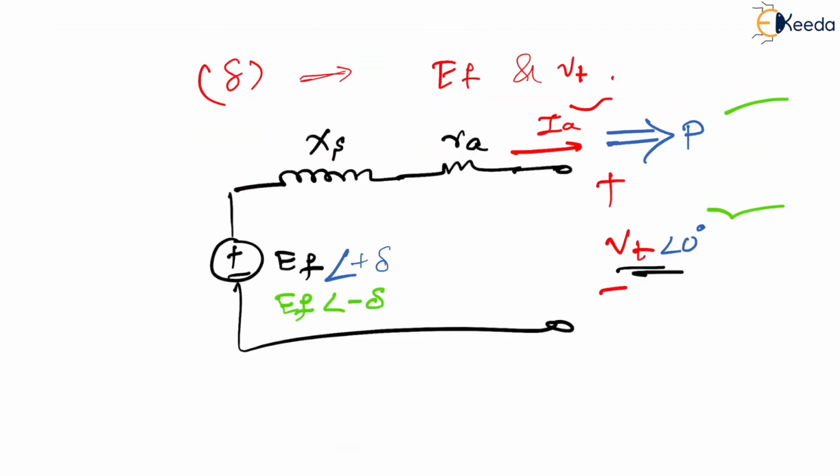It is a synchronous motor, correct? Correct? Yes. So this green condition is when it is motor, when it is synchronous motor, and this particular blue condition is when it is a generator, correct? When it is a generator, or we say alternator in our words, correct? This is the whole thing.